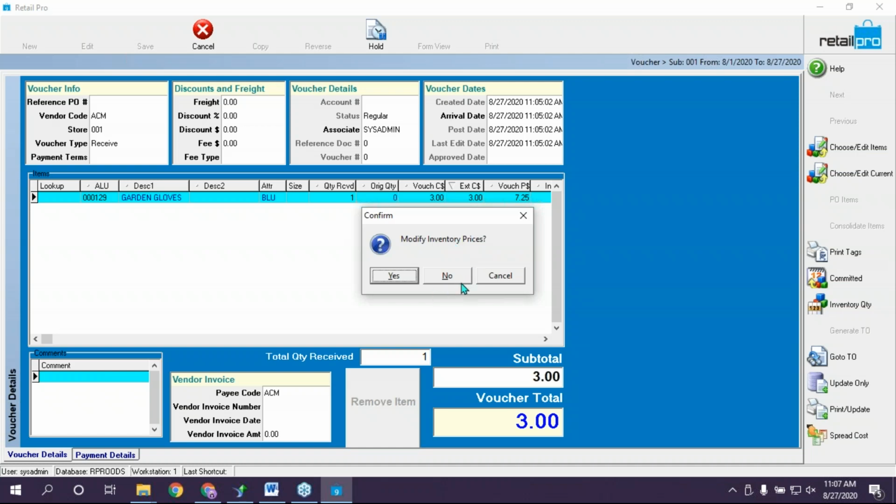If I say no, then my inventory price will not change. It's going to stay at the $7. My margin will shrink, but I don't have to retag, so there's a little bit of give and take with that. And so, that's why we want to be aware of cost increases and price increases. And hopefully our vendors are doing their due diligence and letting us know anytime that comes up. And that's, again, a good way of